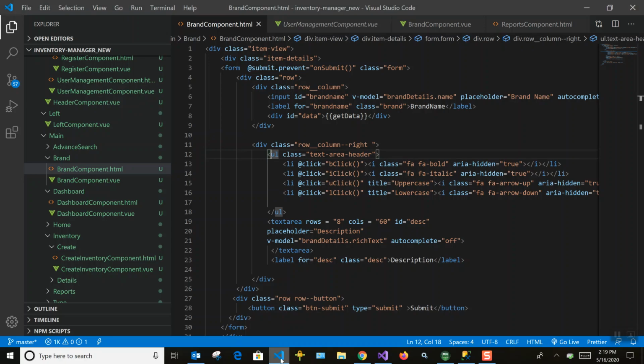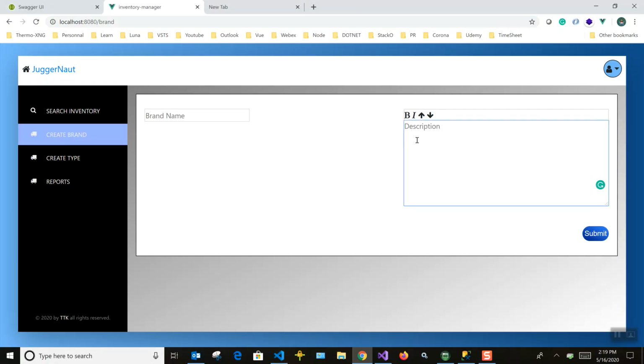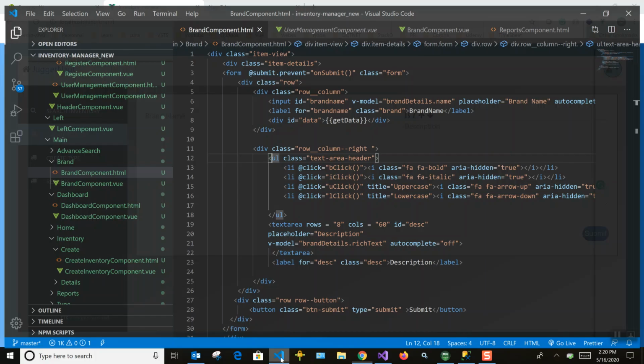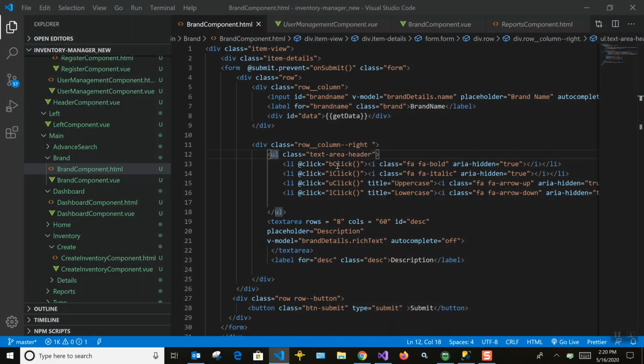Now we will see what needs to happen when the user enters some text and clicks on bold. For that, we have a click event for each icon: bold click, italic click, underline click, uppercase click and lowercase click. So we have the corresponding click methods.